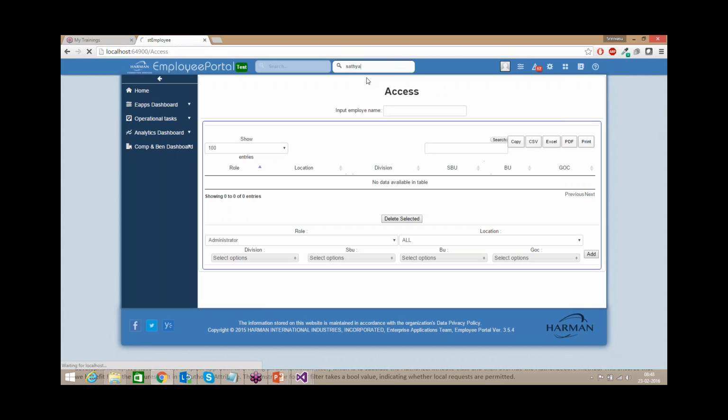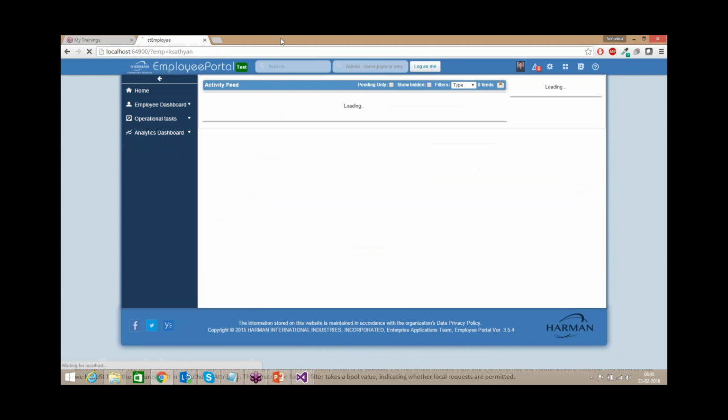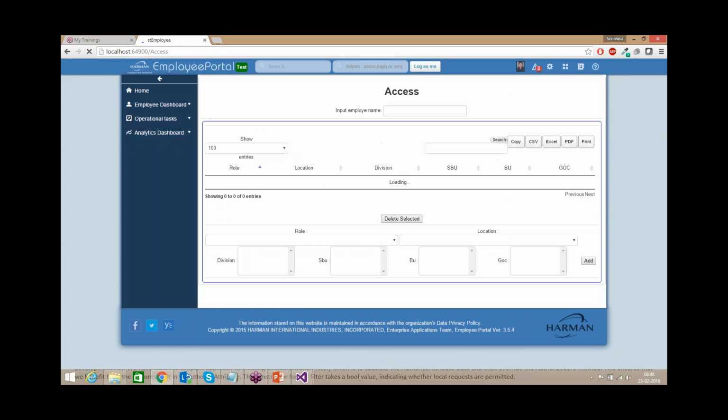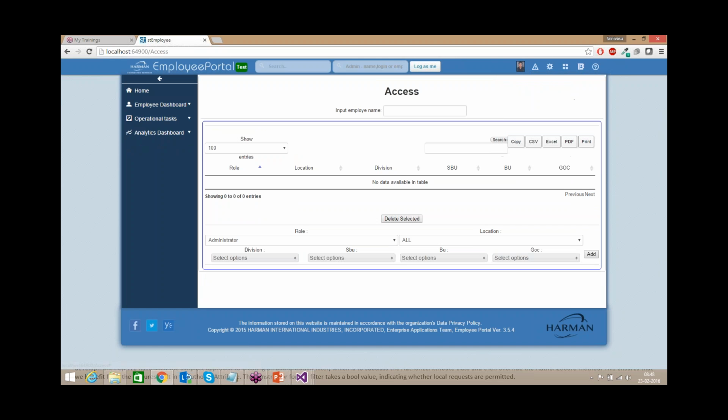So this is some other employee, whoever. I am logging in as that employee. So I am pasting this URL. It comes because my login is there.